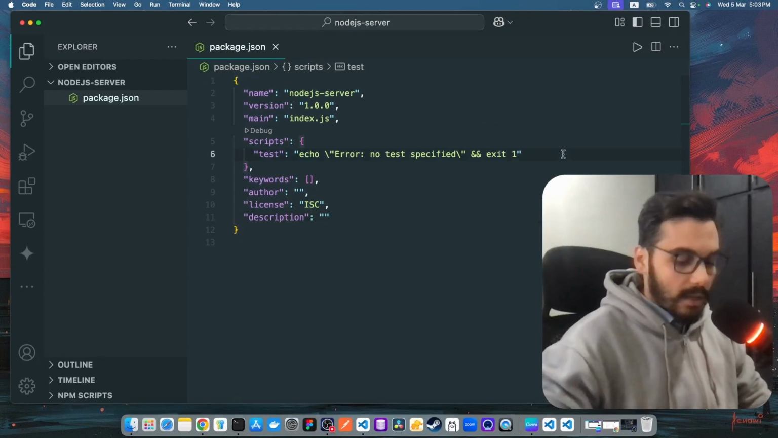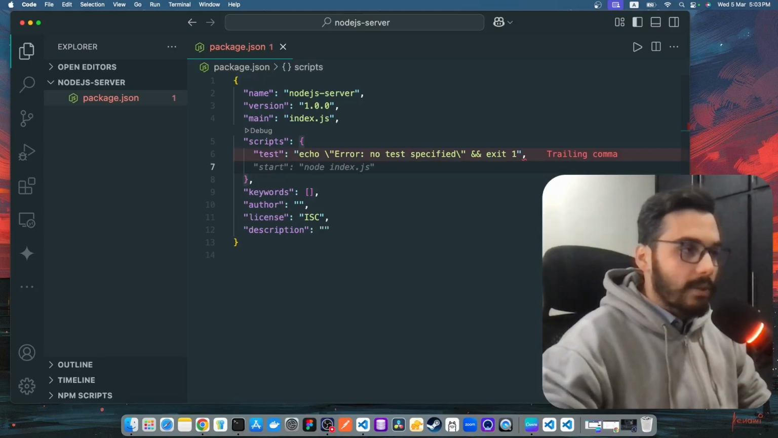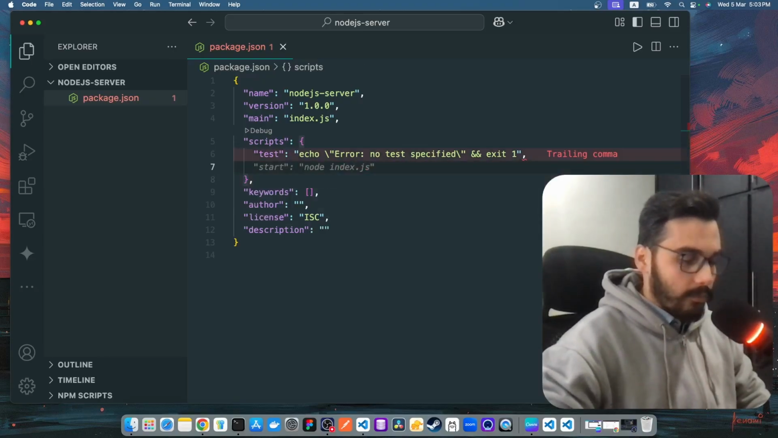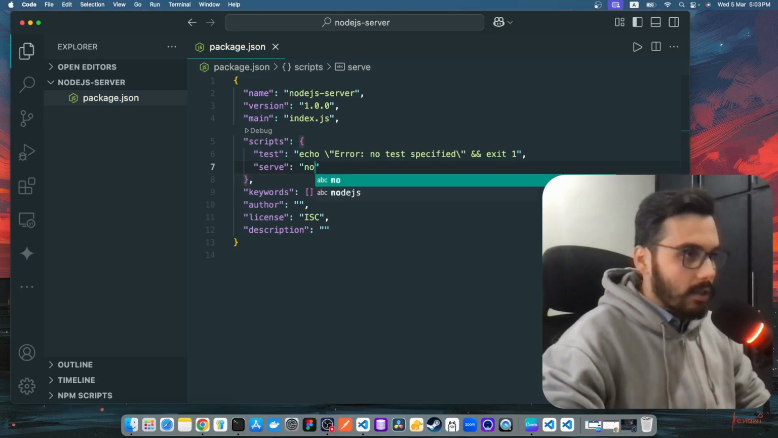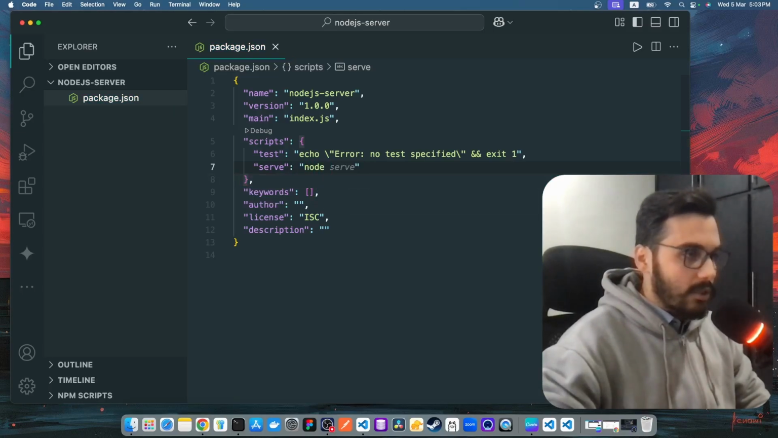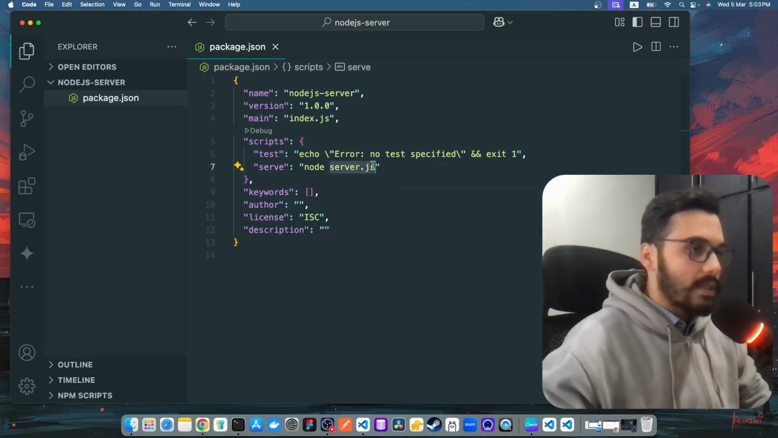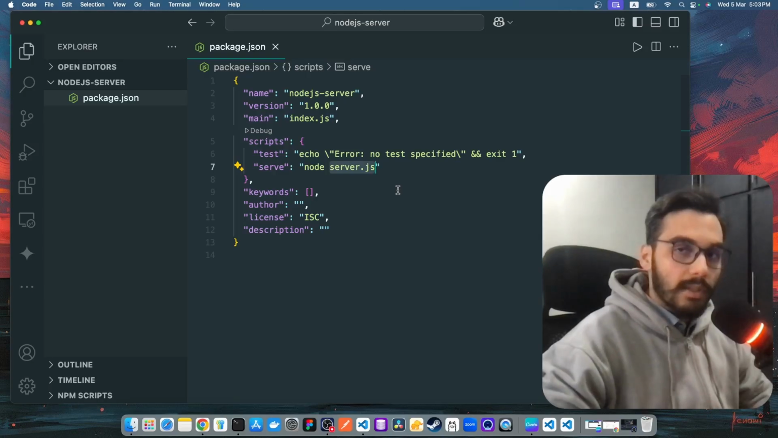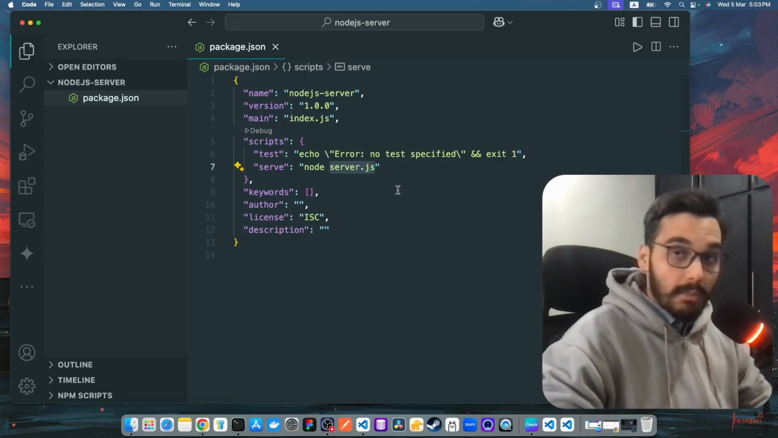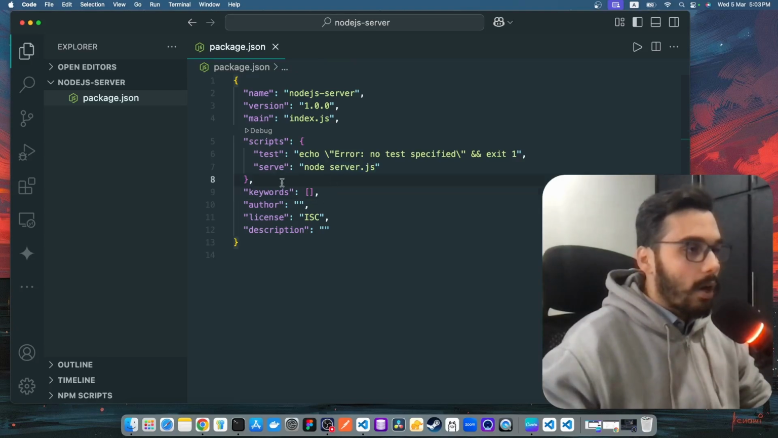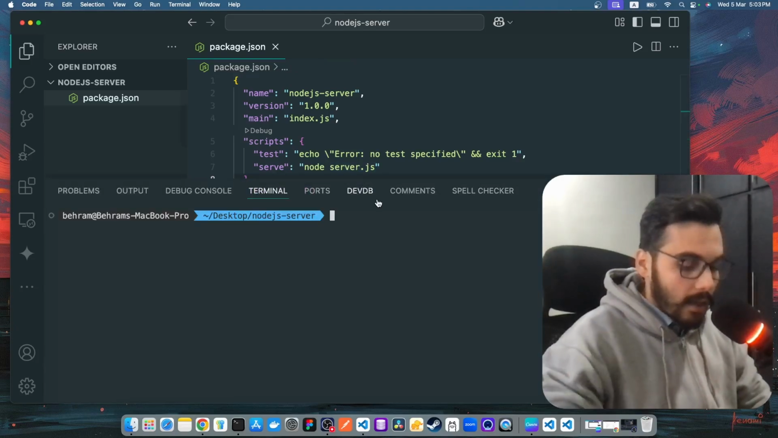Okay, so we have to add a script here inside the scripts object, which will be serve, and it will target a file using node initialization. It will target a file which is called server.js. So this server.js file will contain all of the Express.js server code to actually run the server on the backend in the terminal. Okay, so we have to run that command again,